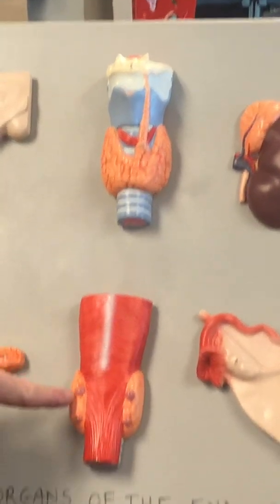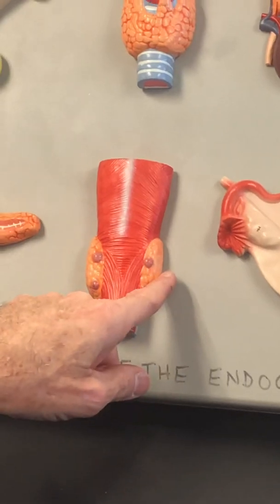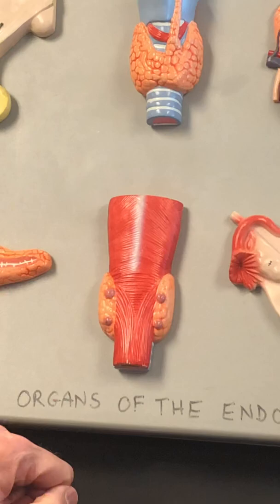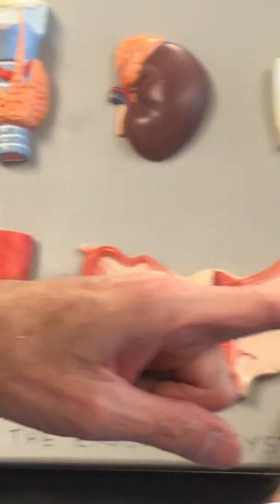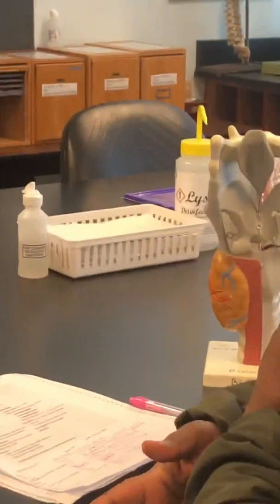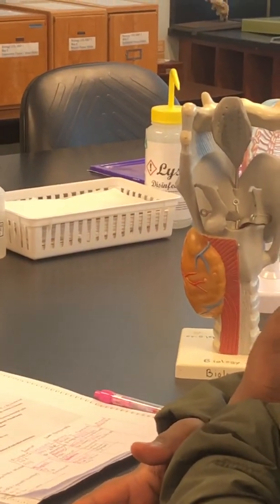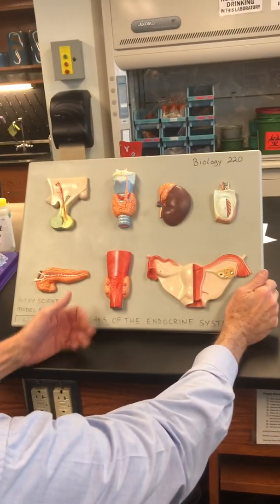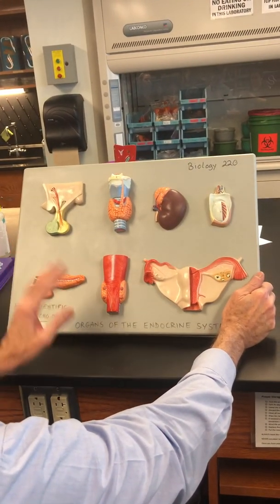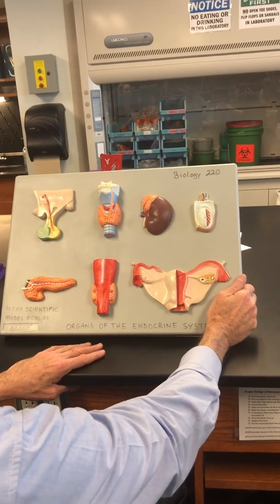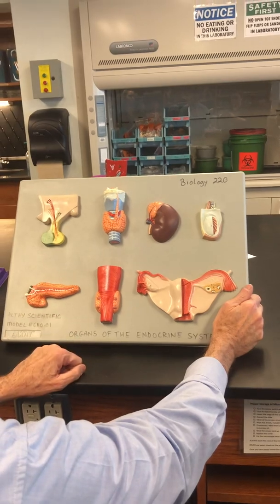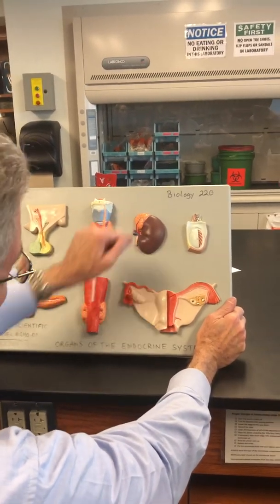Posterior review, left lobe of thyroid, right lobe of thyroid, and we see very neatly arranged 1, 2, 3, 4 parathyroid glands. They're not nearly as neatly arranged in real life, and that's probably more accurate. So what's the term? The mode, the most common number is 4 for parathyroid glands, but it's not a hard and fast number. So we see 4 distinct parathyroid glands, each a source of parathyroid hormone. Kidney, adrenal gland,